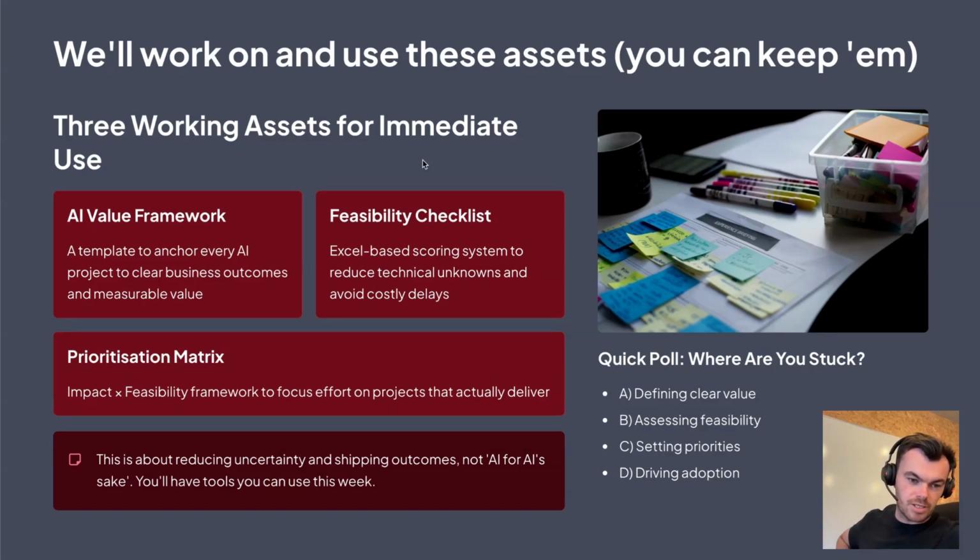Lastly, we're going to use the prioritization matrix, which is simply taking what's feasible, assigning what seems to be the biggest impact, and aligning it with the value framework and your goals. And so this is about turning it away from AI for AI's sake and into something that is about business goals. One of the big things that I've seen is that people go for the low-hanging fruit because we get to play with AI, but that's just burning money. It's like testing any tool and eventually dropping it. It doesn't make sense to the business.